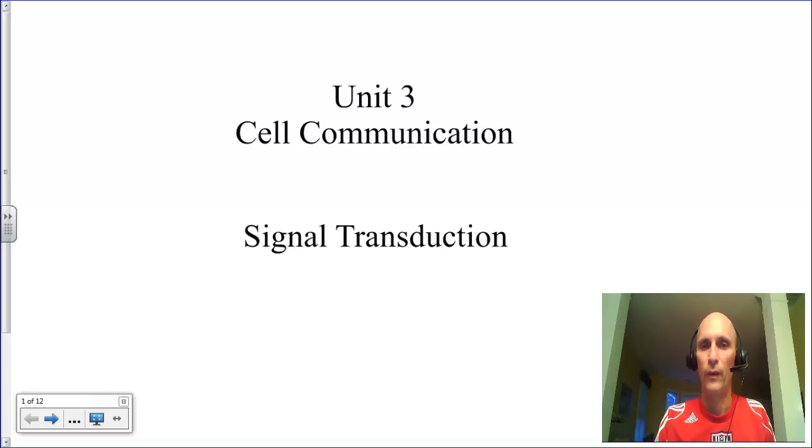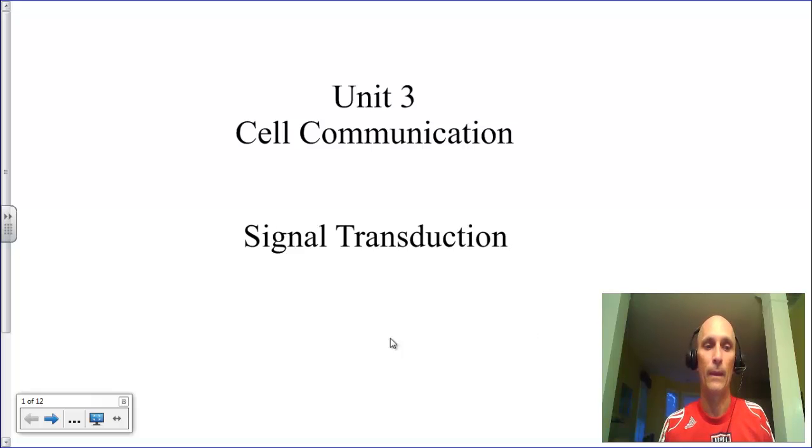Alright, this is Unit 3, Cell Communication, and the big theme of this unit is going to be signal transduction. Now, signal transduction is a big word, again, with one of those simple meanings that we've talked about quite a bit. You heard about phosphorylation. We'll see phosphorylation again in this unit. And signal transduction is just basically how I transmit a signal from one place to another